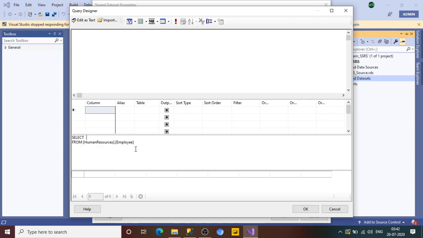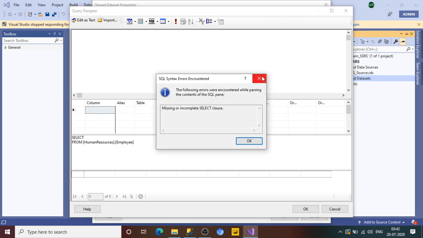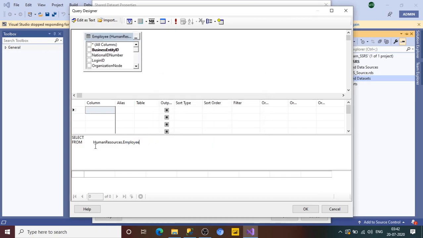As soon as you paste the table over here, after a couple of seconds you will get all the columns which belong to this HumanResources.Employee available in this interface. So whatever columns you want, you can select a limited set, or if you want all the columns, you just need to click here, all columns.